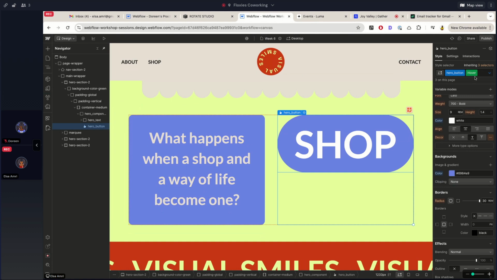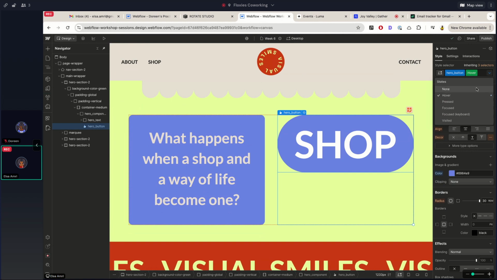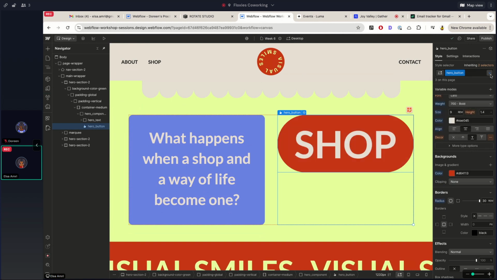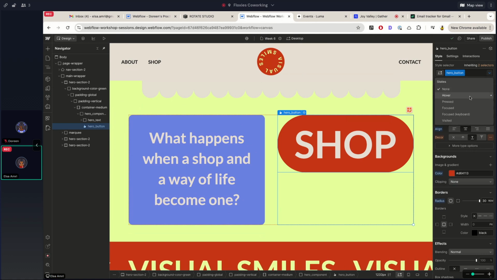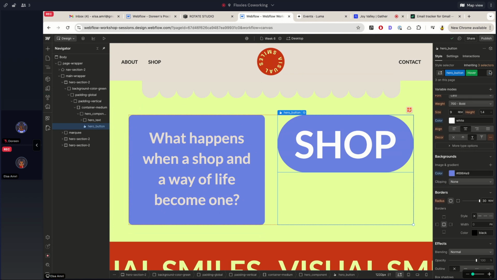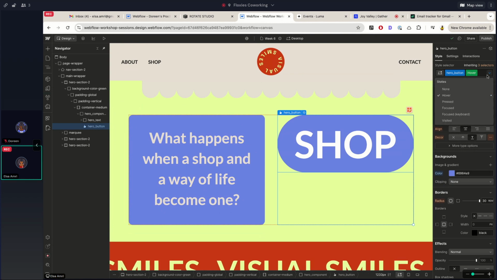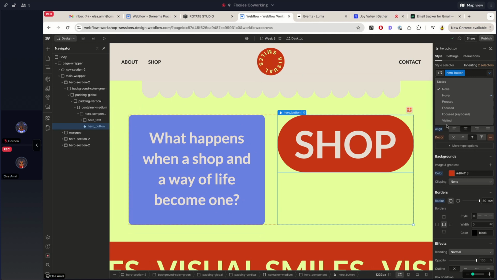Now that I'm done doing that, I can click this X to remove this tag and go back to the default, or I can click my drop down and go back to none. And you see now that I've gone back to none, which is my default, my button goes back to what it looks like normally. But if I go back to hover again, I can see that it has the changes I made previously. So let me go back to none. Another thing you'll notice is that